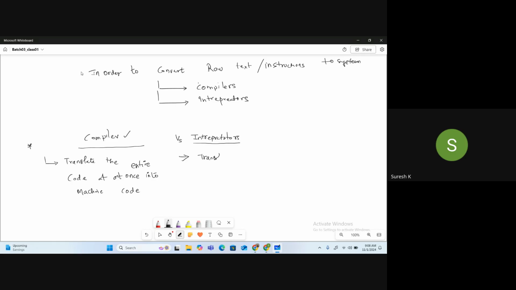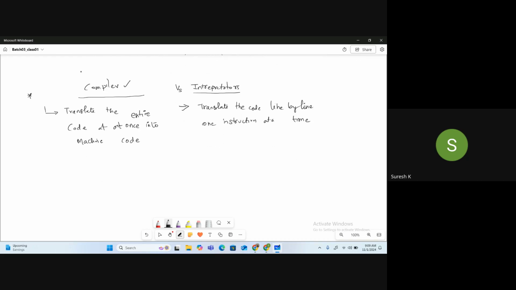Meaning, one instruction at a time. You don't need to write this. This notebook will be uploaded in your drive.